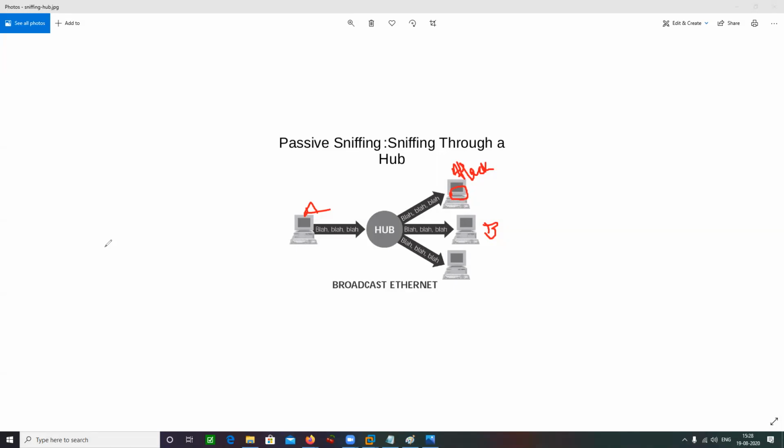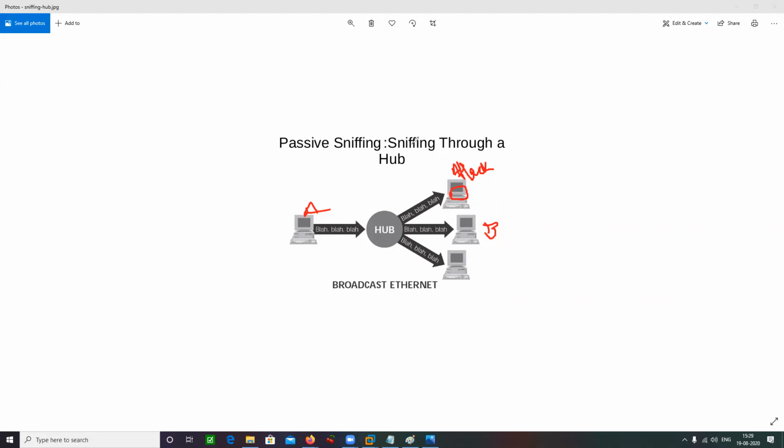Man in the middle. Yeah, so MITM is, you can say, an umbrella term. It is not something very specific. So, a man in the middle attack can be performed, but the question is, what are the attack techniques? So let's talk about MITM, the man in the middle attack.